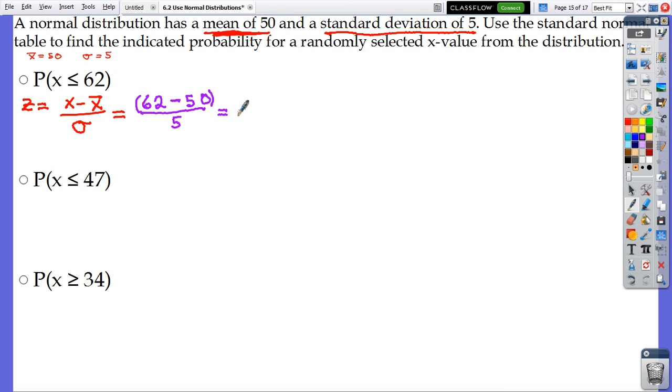All right, hopefully you got 2.4. Now remember we're going to use that table. This gave us Z with 1 decimal place, so we're going to make it 2.40. Now this becomes a problem because I converted this over to a Z. I'm going to rewrite my problem using the Z notation. So it's going to be the probability this time that Z